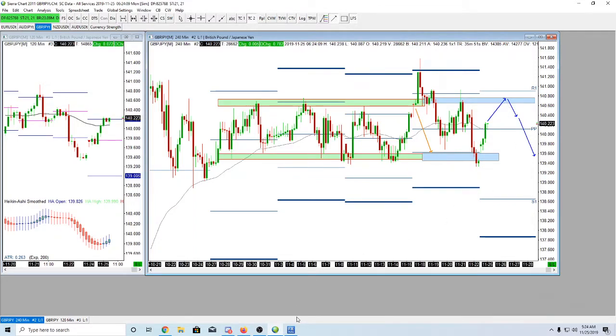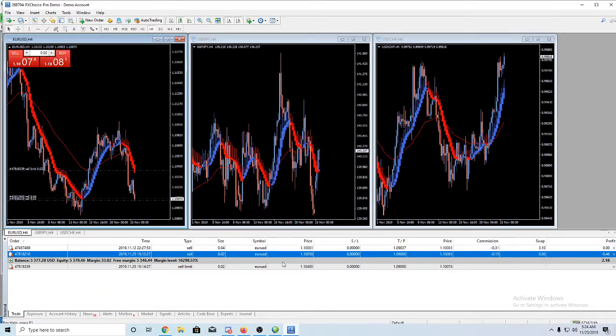So let's go ahead and try that right now, and we'll tweak it just a little bit. If we go over here to pound yen, and this would be a full unit that I would put in here because I'm at that resistance spot. I feel like I've had my pullback. I don't want to sell it now.